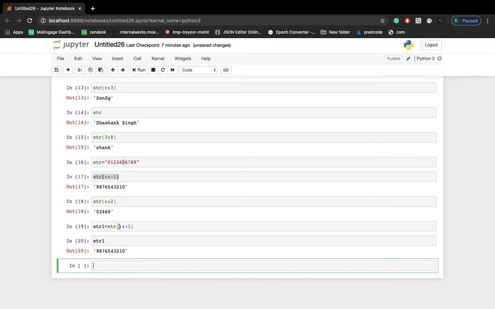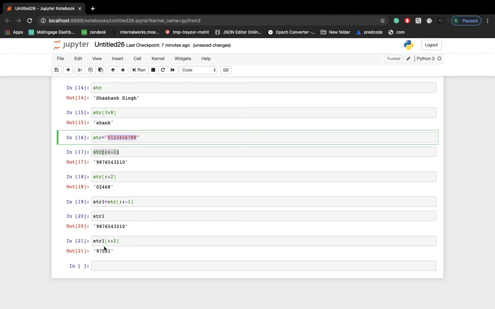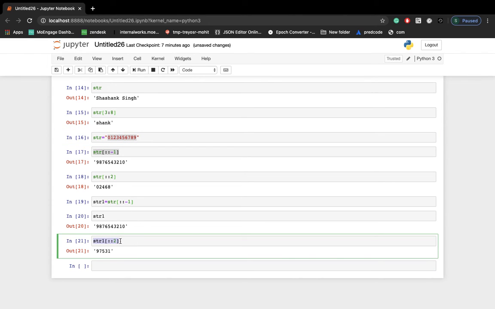So here you have the reverse. Now our goal is 9 7 5, like this. So you have to write str1, now colon colon 2. So you got 9 7 5 3 1, got it? First you reverse this string, and similarly, as per our previous explanation, you write in the interval of 2.